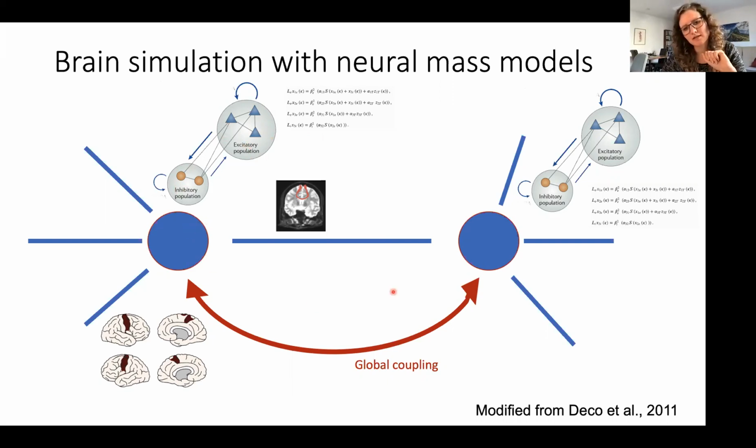And then they are linked together via the structural network with some global coupling factor. It's just a scaling factor that you can use to make connections stronger or less strong. And then it starts firing and it starts simulating. And you can then record, for example, the BOLD signal, so an fMRI signal, you can record EEG, anything you